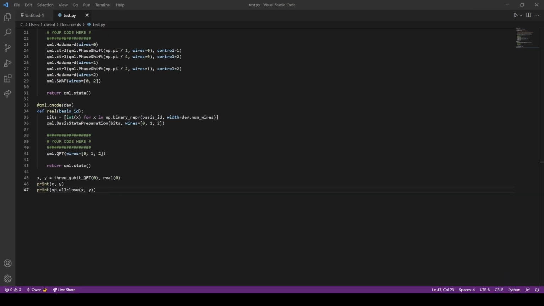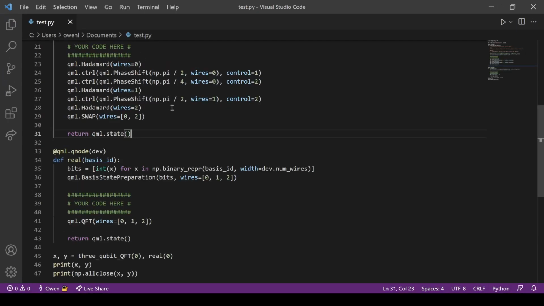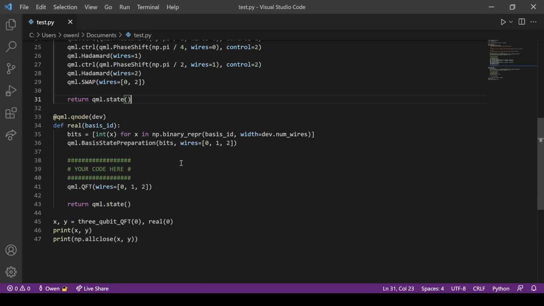There we go. So you can see I just copied my code over, and let me check, just make sure that PennyLane, I'm just checking to make sure that